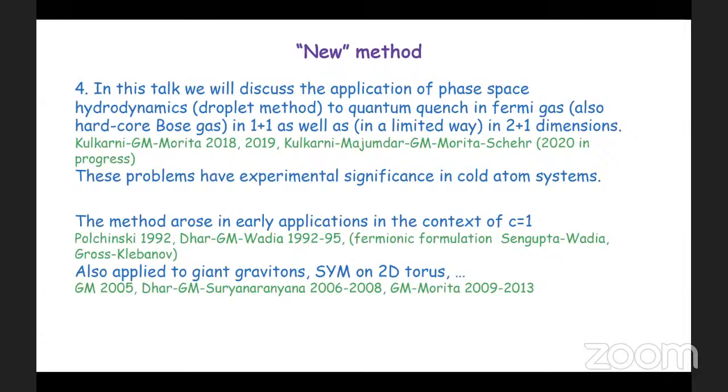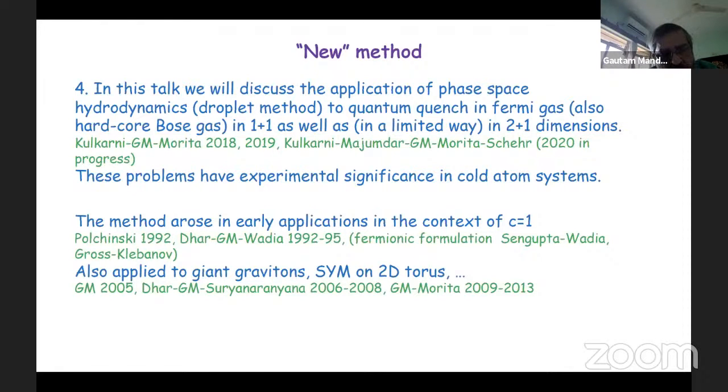thermal AdS is sort of like without the fold, and the phase-space droplet picture of the black holes and so on are with folds. In fact, Shubhankar and his students have been developing this quite a bit further in various different cases. So this is sort of like a phase-space picture in unitary matrix models.